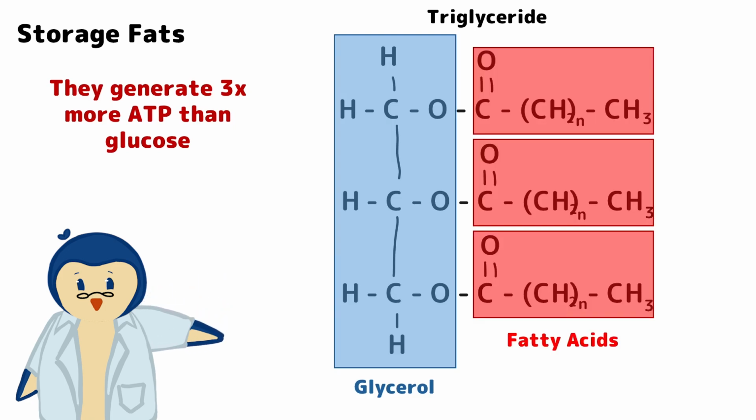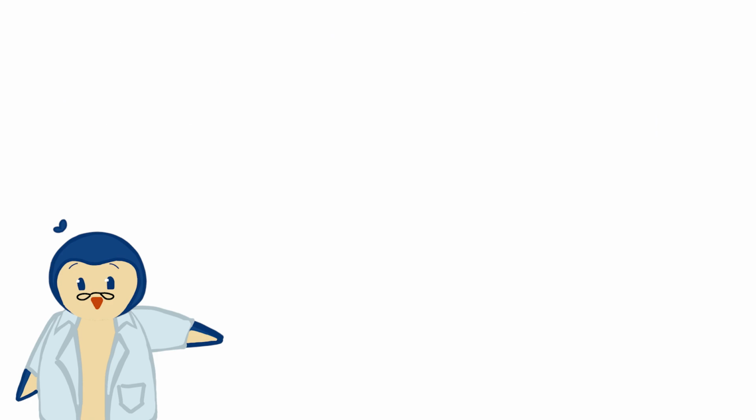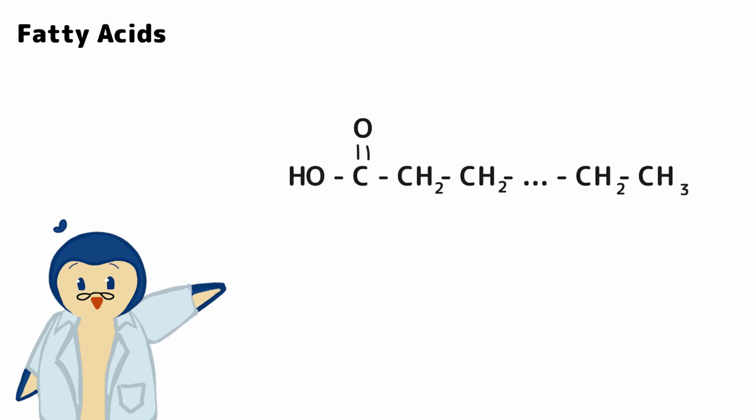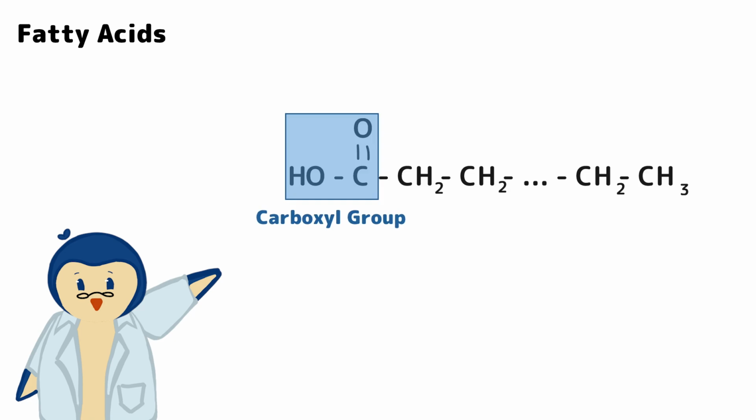And now we will explore more about the fatty acids. So, what are they? They are a very simple structure which mostly consists of the carboxyl group, many repeating CH2 groups, and in the end we have the CH3 group. And through carboxyl groups we can assemble them into the